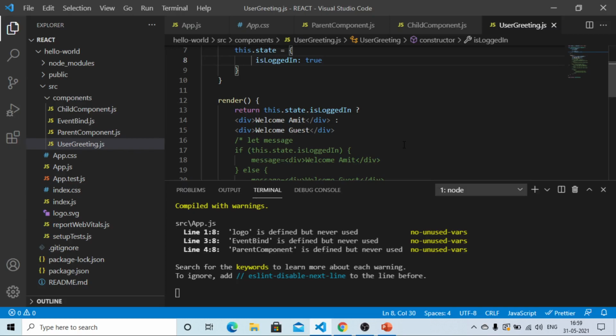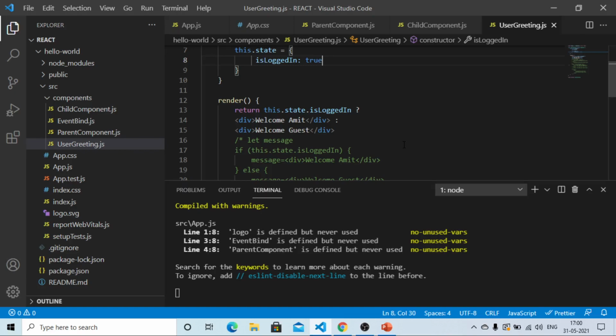Now we are in a position to discuss the fourth approach, that is the short circuit operator. Unlike the ternary conditional operator, where if the first operand is true, something is rendered, and if the first operand is false, another thing is rendered, in the short circuit operator either we are going to display something or nothing.